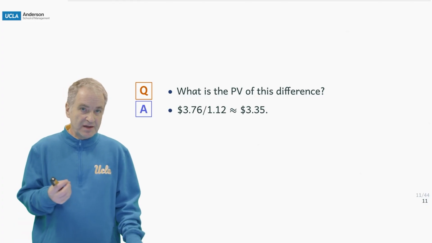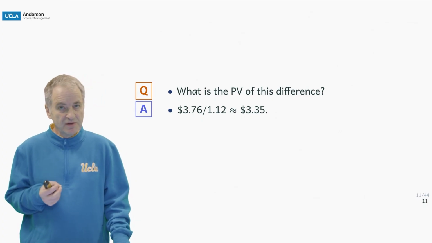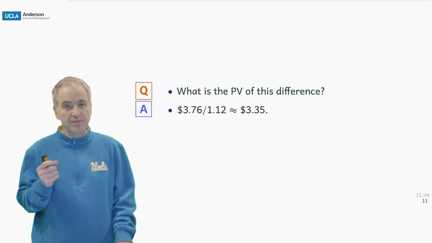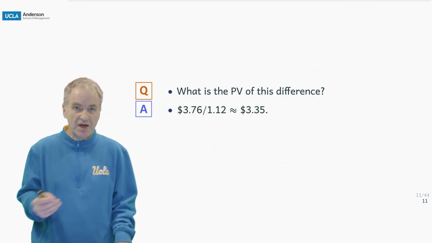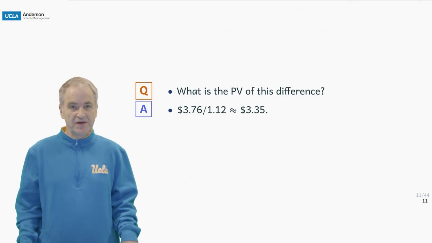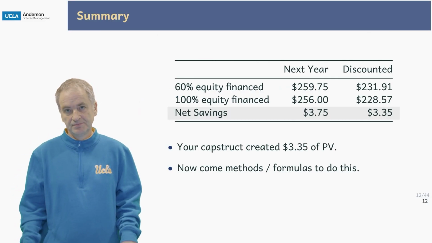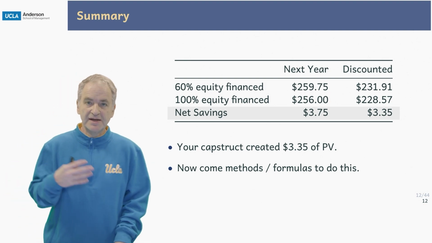Well, it's $3.76 next year. You discount that at 12%. The amount of money that the 60% debt ratio has saved you in terms of today's amount is $3.35. So compare that. 60% equity financed next year, $259.75,